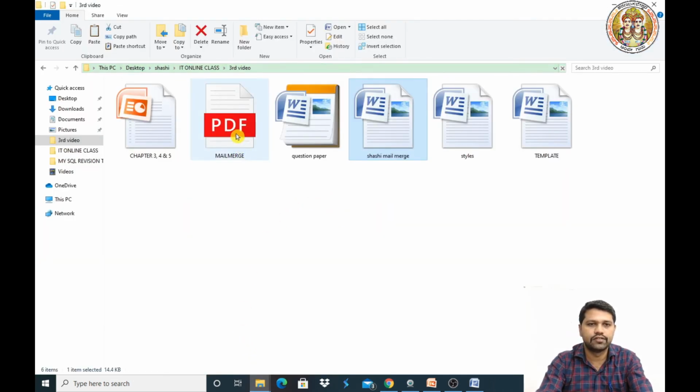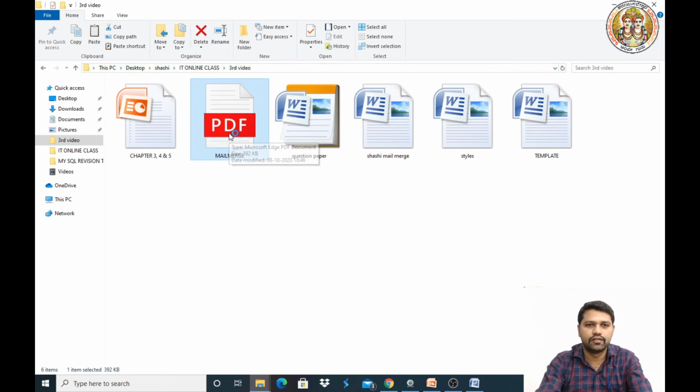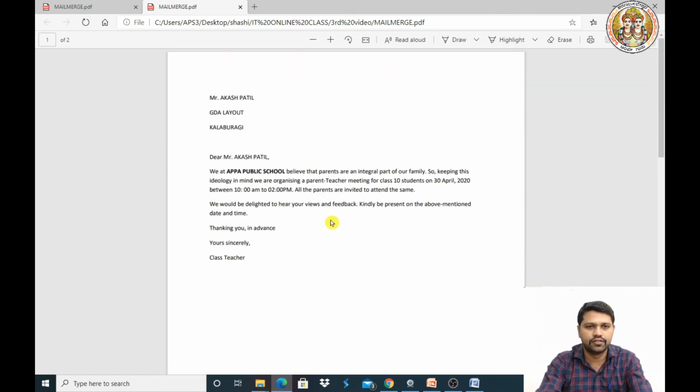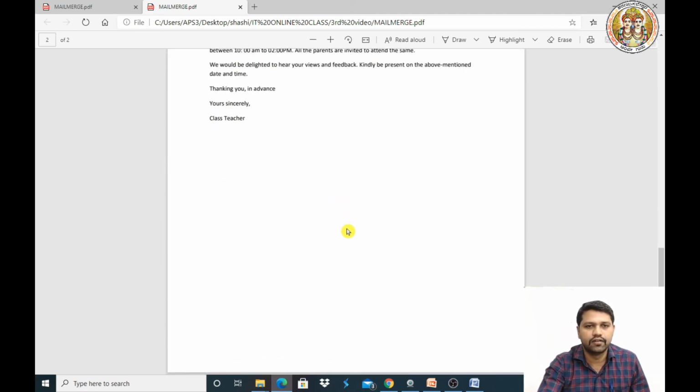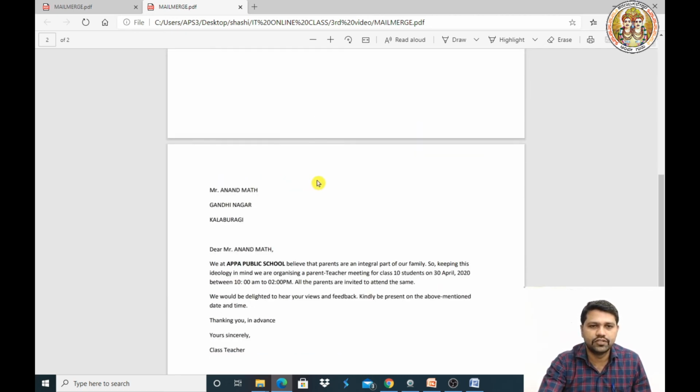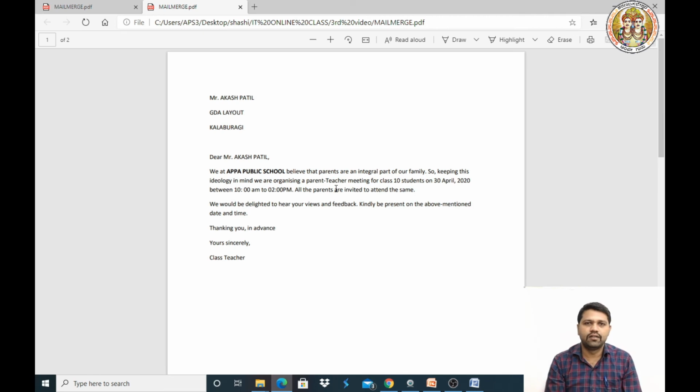Just click on it and wait for 2 minutes. Okay, so this is the generated letter with their respective names and addresses. So this is the way of creating letters using the mail merge feature.